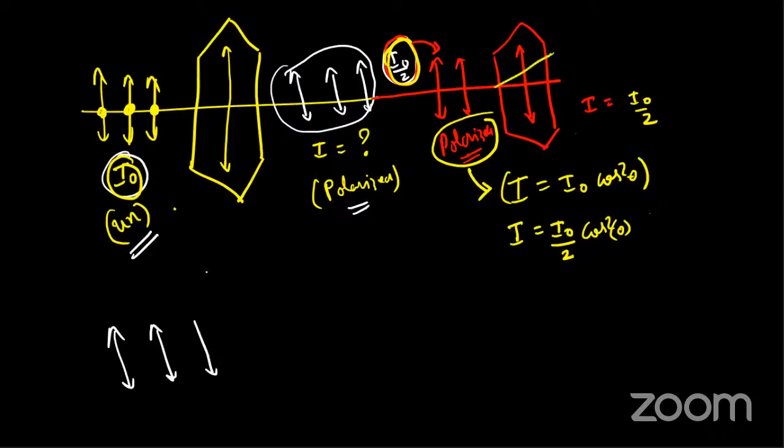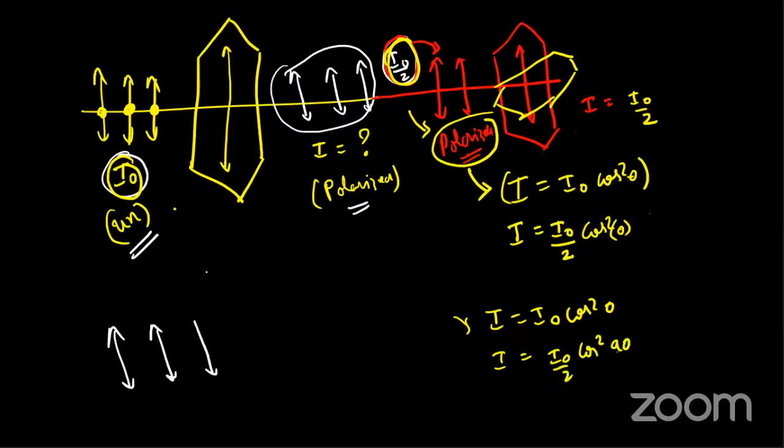And if I rotate this by 90 degrees, I'll get 0 light, as I already told you, because then I is equal to I naught cos square theta. The incoming light is a polarized light, so I'm going to use Malus's law. Outgoing intensity I is equal to incoming intensity I naught cos square theta. What is the angle between them? 90 degrees. Cos 90 is 0. 0 square is 0. Therefore, total intensity is equal to 0. So if the polarizing axis is rotated by 90 degrees, no light is coming out.